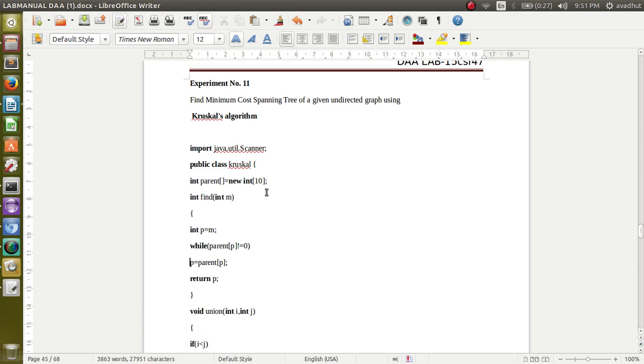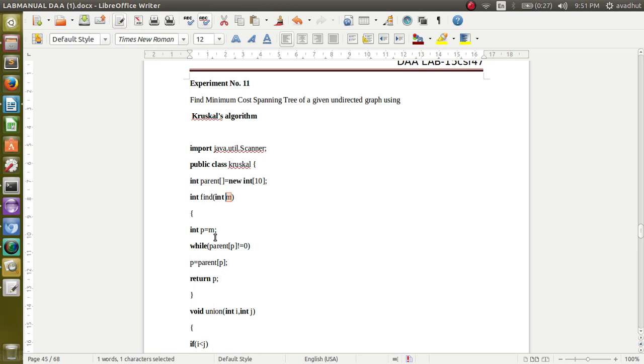Starting with the first line in the program, we are importing the Scanner class for reading the data. Next we create a class called Kruskal. Inside that we declare an array of parent dynamically. Then we have a function to find the parent. Find takes int m, the node whose parent is to be found. p is an intermediate variable, and the value of m is assigned to p.